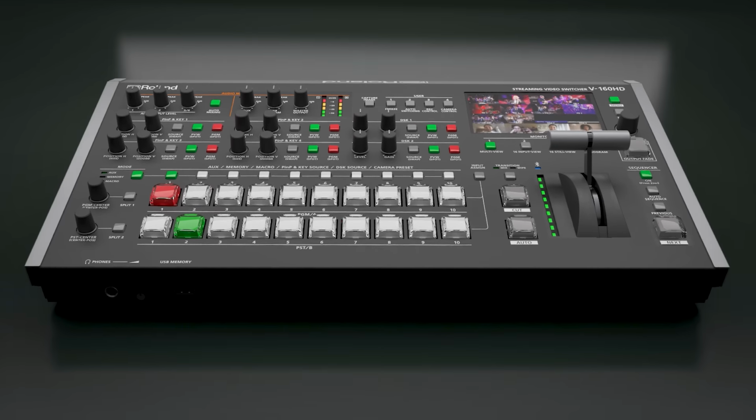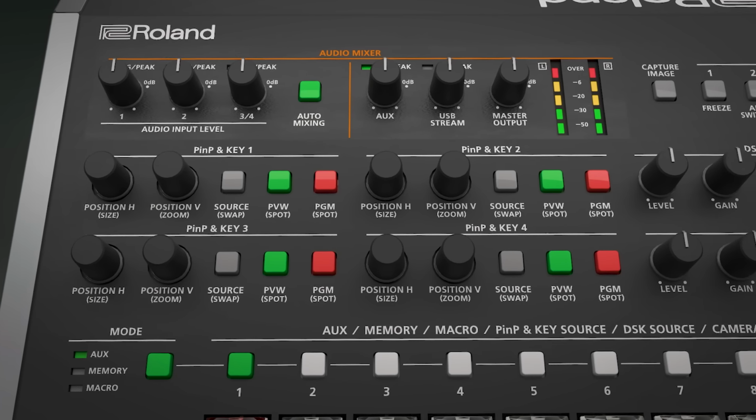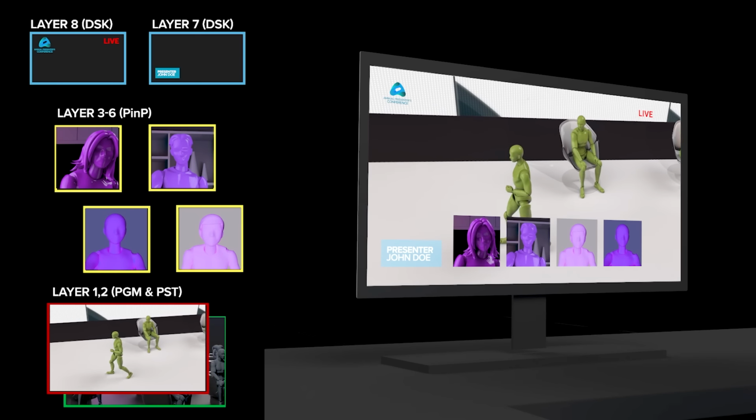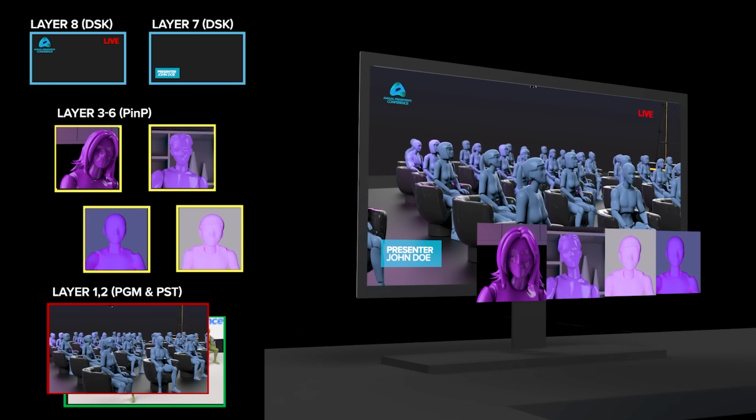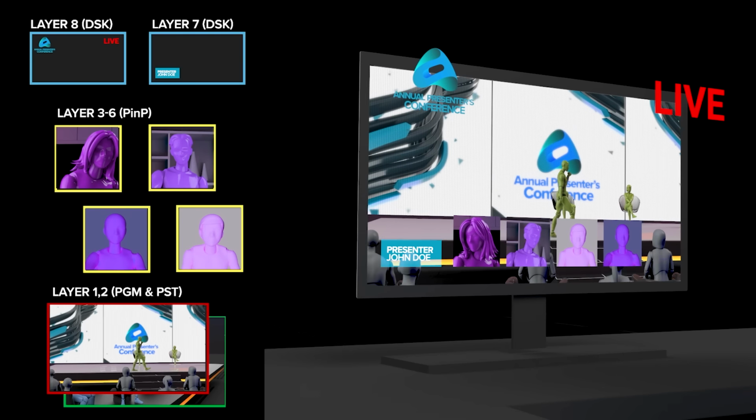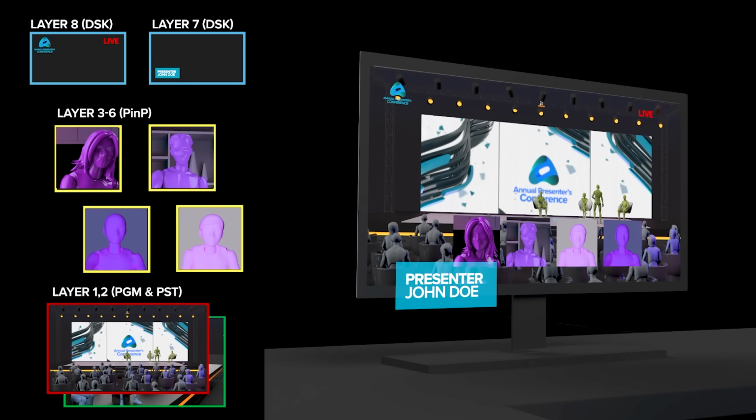With dedicated top panel controls, you'll have faster and more precise control over the powerful 8-layer effects engine. Now there's no need to scroll through menus. 4 of the effects in the V-160HD can be used as picture-in-picture windows or as keyers. The other 2 are dedicated to the powerful downstream keyers with alpha and external key capabilities for titles with gradients